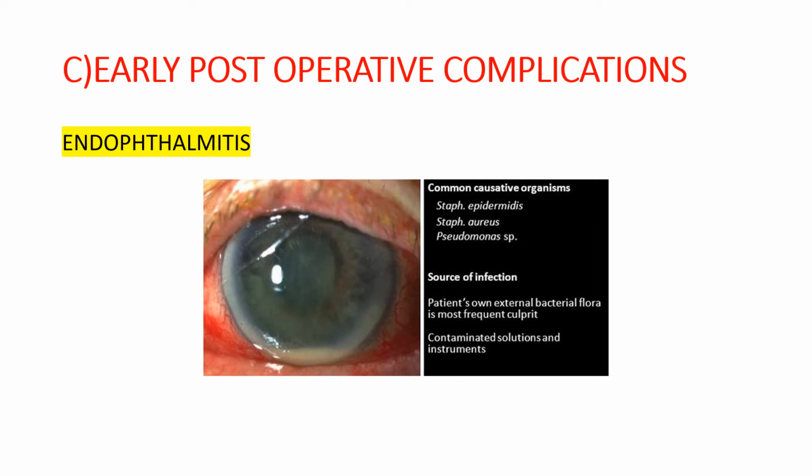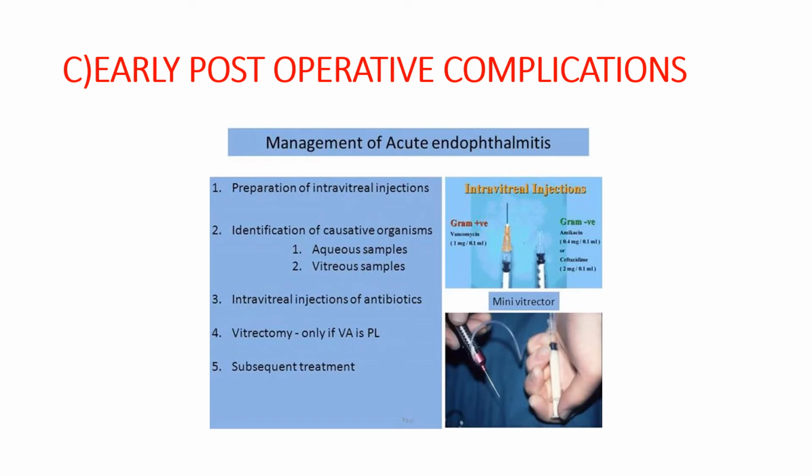This endophthalmitis will basically be dealt with in the uvea chapter. Here I'm just dealing with acute endophthalmitis. Now, endophthalmitis is defined as an inflammation of the inner structures of the eyeball, that is uveal tissue and retina, associated with pouring of exudates in the vitreous cavity, anterior chamber, and posterior chamber.